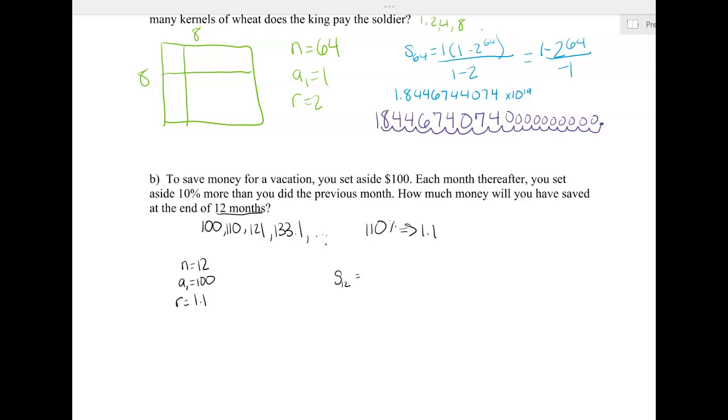Right, from here I've got everything that I need to plug into my summation formula. So I've got S sub 12 is equal to a sub 1, which is 100, times 1 minus r, which is 1.1, to the n, which is 12, all over 1 minus the r, which is 1.1, which should get me about